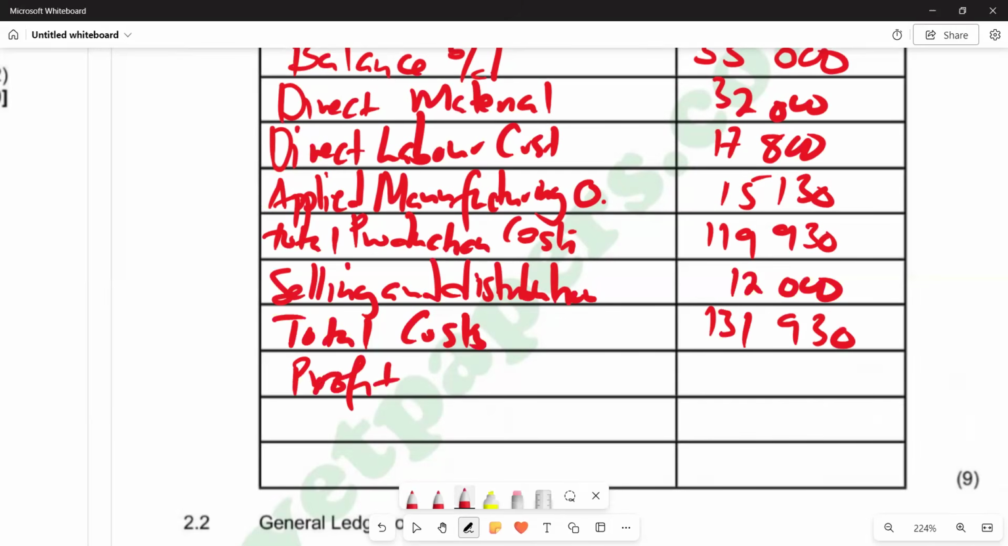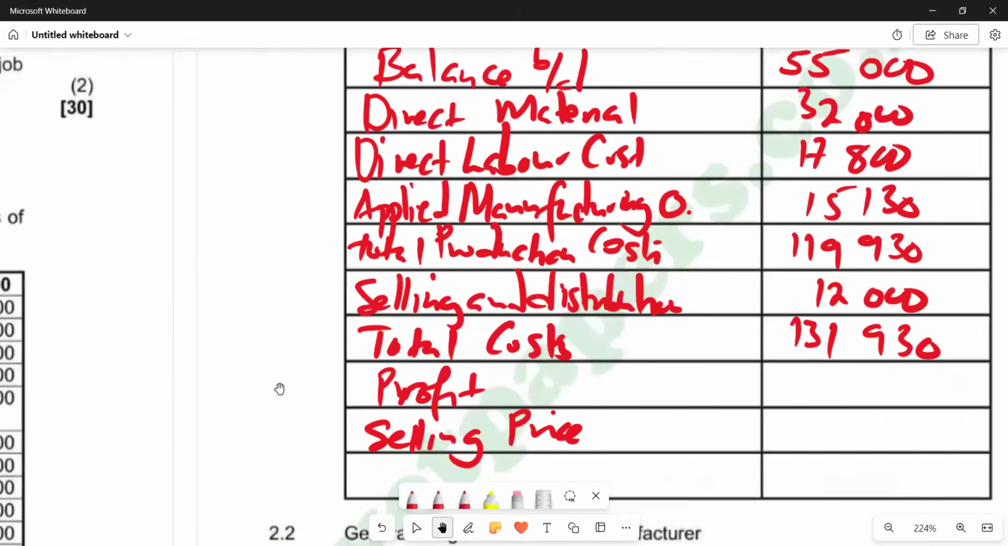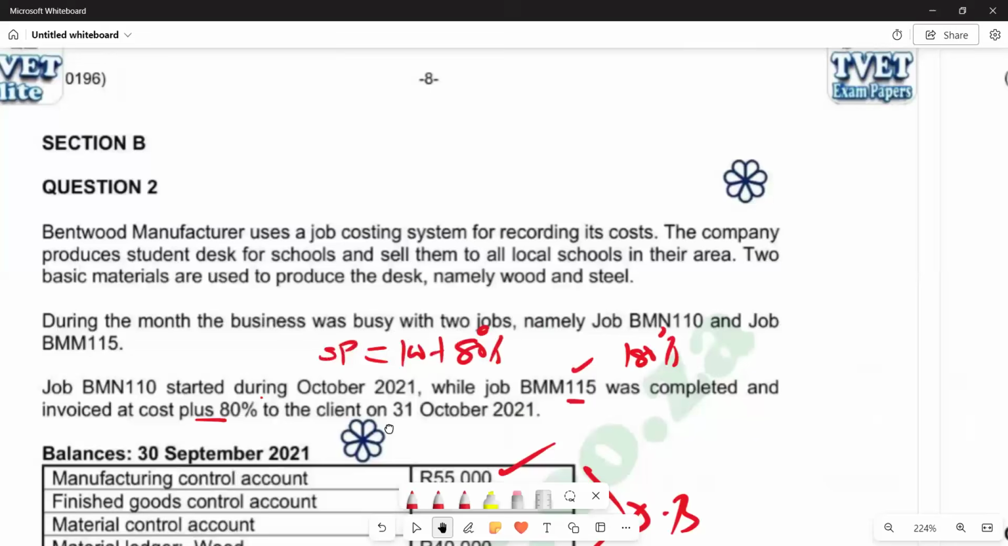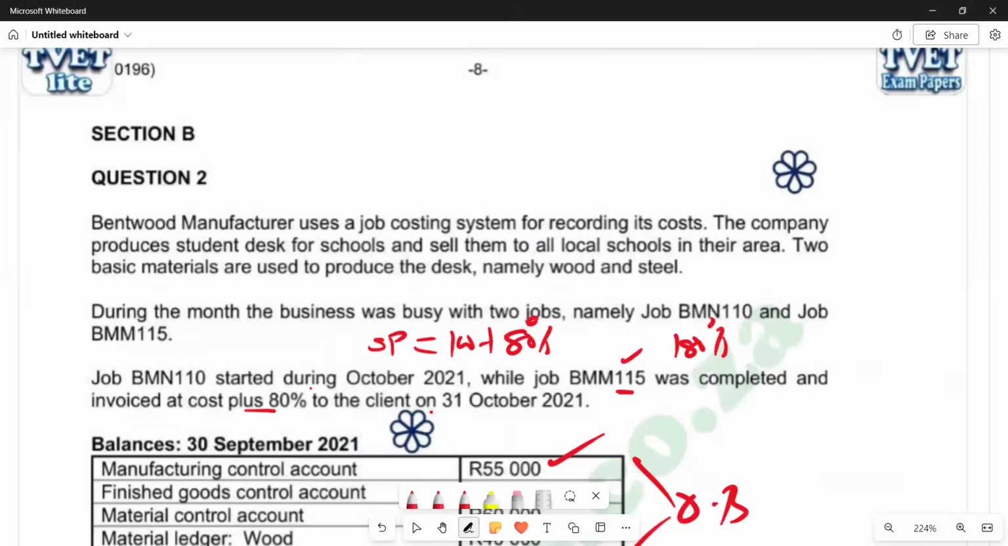The profit and the selling price. But if you go back to the question, you see that at the beginning of the question, we are given a hint in terms of calculating this profit. If you come here, you see that we are told that job BMM 115 was completed and invoiced at cost plus 80% to the client. And we already devised the formula there by saying 100 plus 80 equals 180%. So what it means is if you go there,